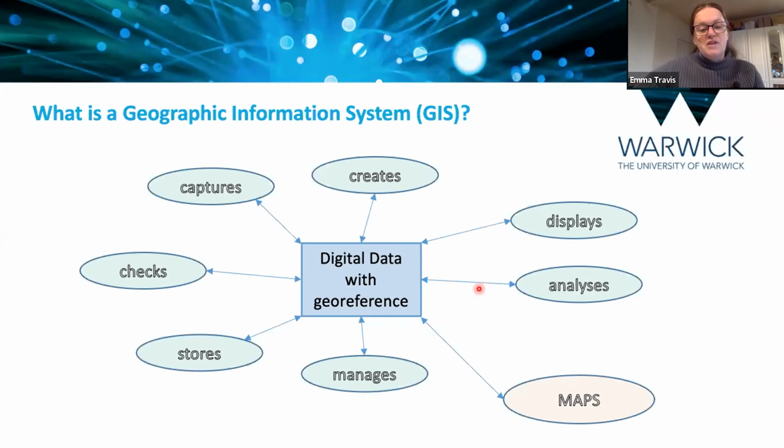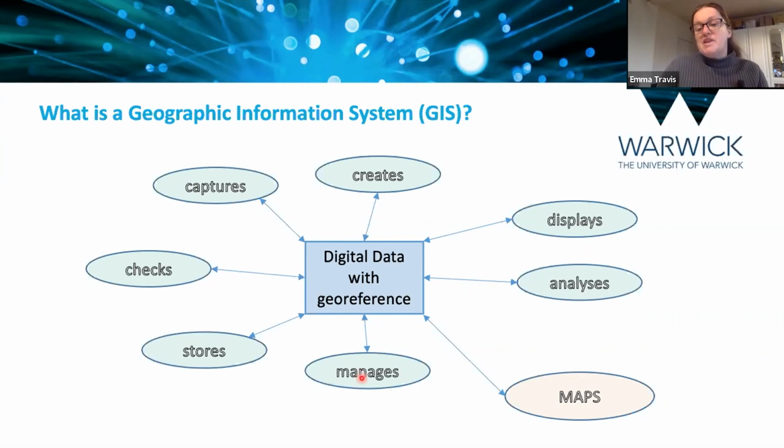Another way of thinking about what geographic information systems do: it's centered around your digital data, and it always needs a georeference, typically XY coordinates, but it can also have Z. So XY would maybe be your latitude, longitude. There are a variety of different coordinate systems which can be used. So it allows you to capture data, create data, display data, analyze data, manage your data, because within your GIS system, behind your maps, are geodatabases,